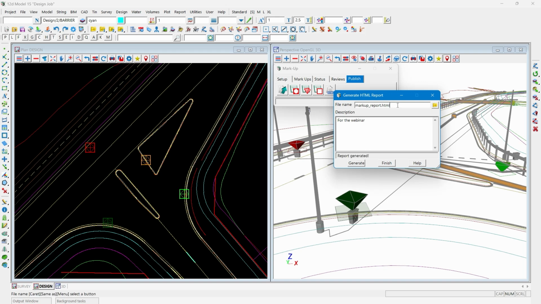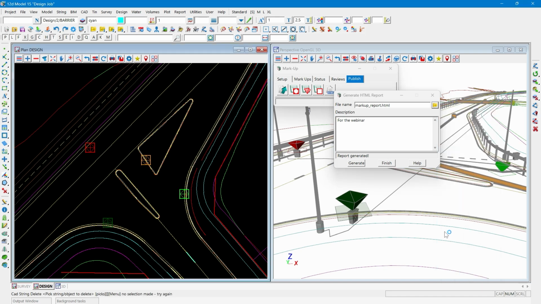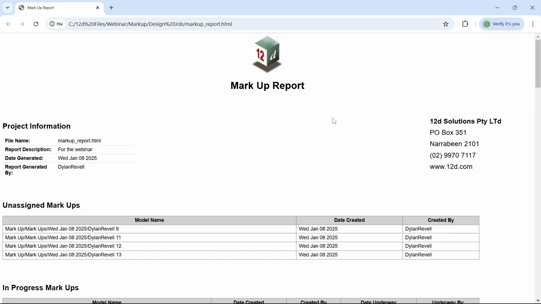So that's an HTML report that is saved, in this case, with the project, or I could have browsed and saved that in a different location if I wanted to. And if I go ahead and open up that pre-formatted HTML report, you'll see it gives you the file name, that description that I've just typed in, a date, and then it'll